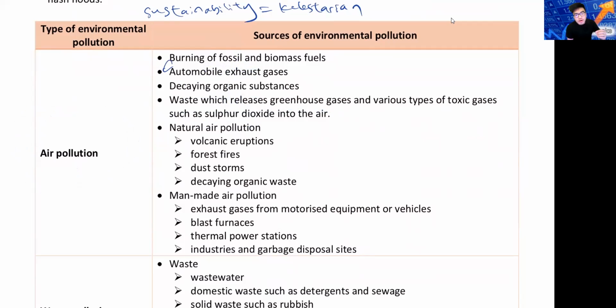Like I said, you might say, sir, then why don't we just stop burning fossil fuel? As I said, it is not that easy. 80% of our energy still comes from fossil fuel. The electricity you use, the car you use, everything still uses fossil fuel. Can we just stop using it? Yeah, you can. But if you stop using fossil fuel, you are not going to have electricity. Your shipping industry is going to stop working. Can you imagine shipping stops for the whole world?